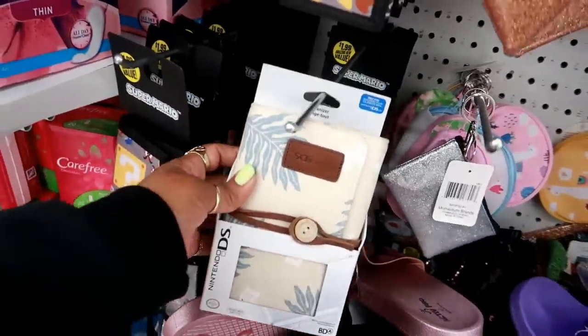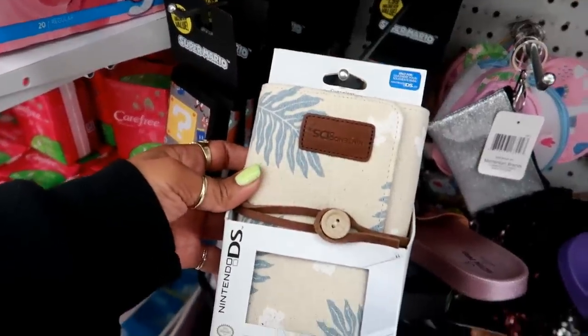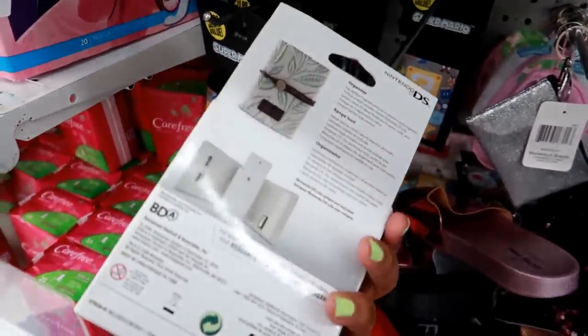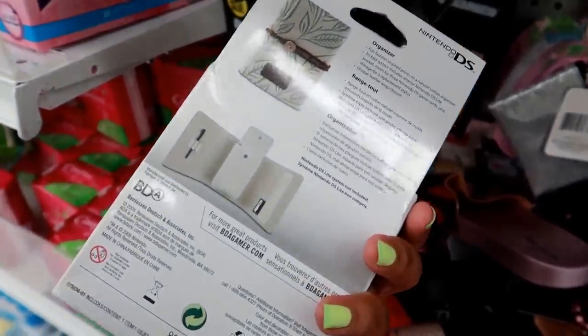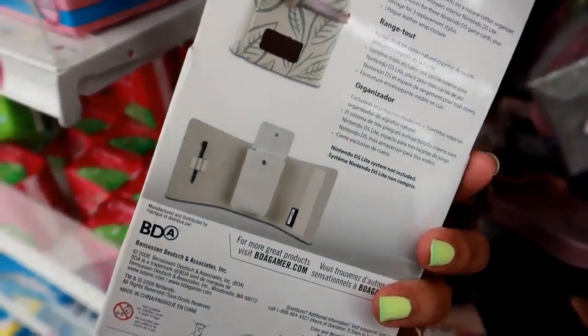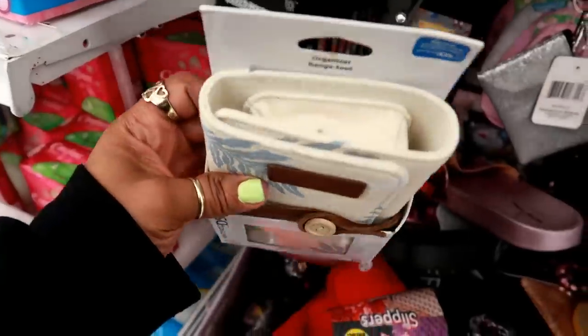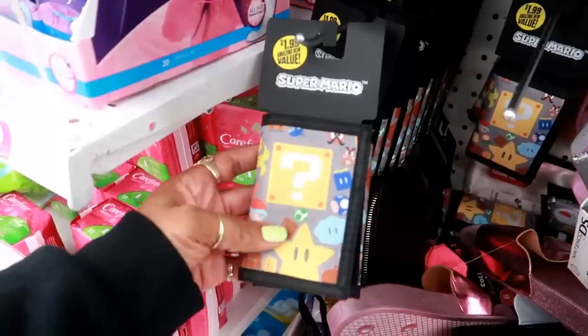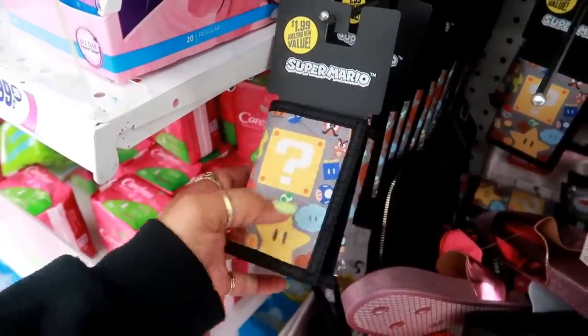What is this? A Nintendo DS organizer. And, oh, that's what the inside looks like. And it is, I believe, 99¢. There's no different label on it, and these are cute. Look at that. Super Mario wallets